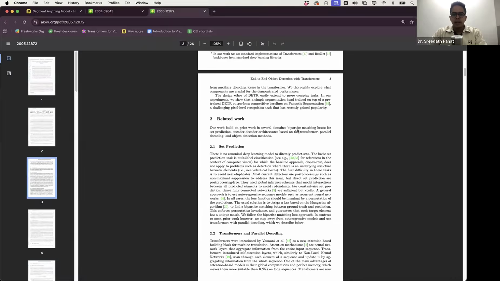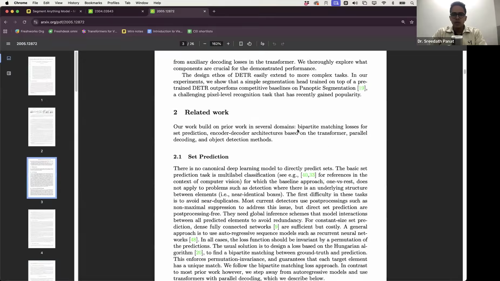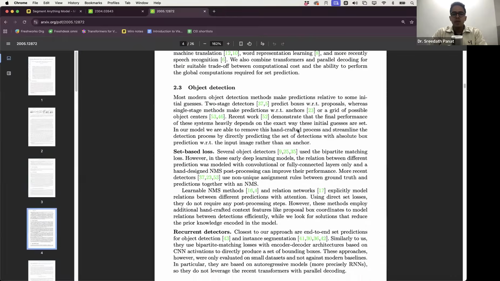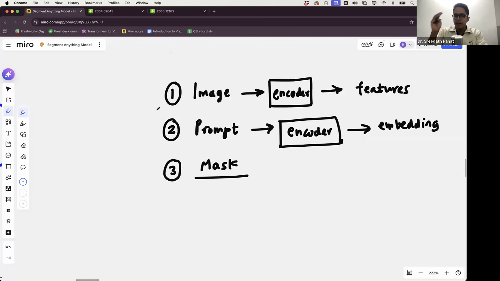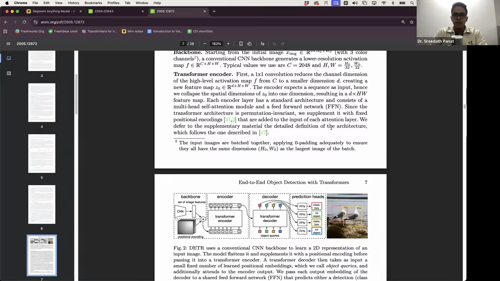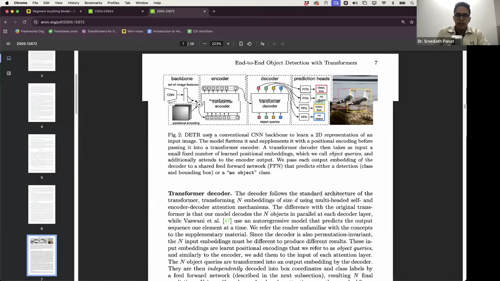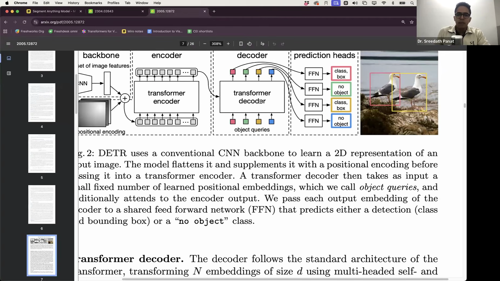Those object queries we initiated as zeros, and they were passed through what? It was passed through a decoder, correct? So let me show you the diagram. These object queries, which were initialized, were passed through a decoder, and those same object queries resulted in producing the same number of